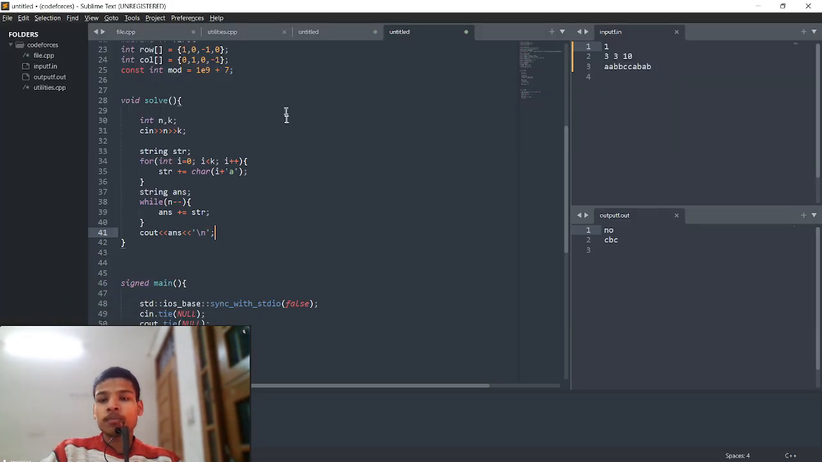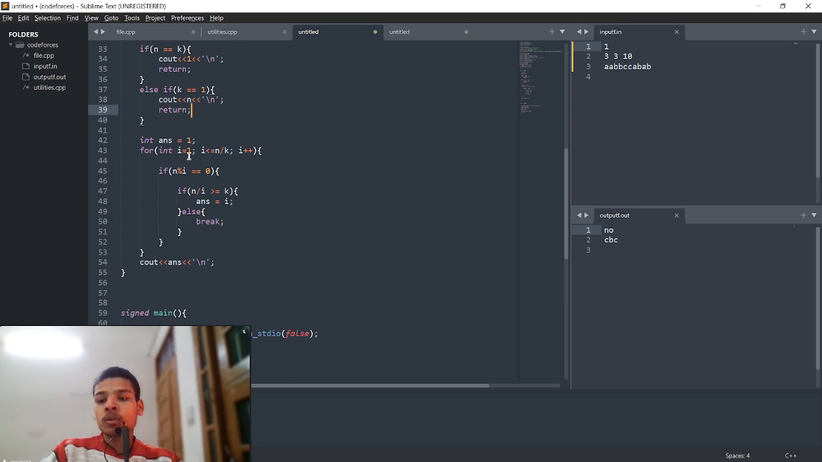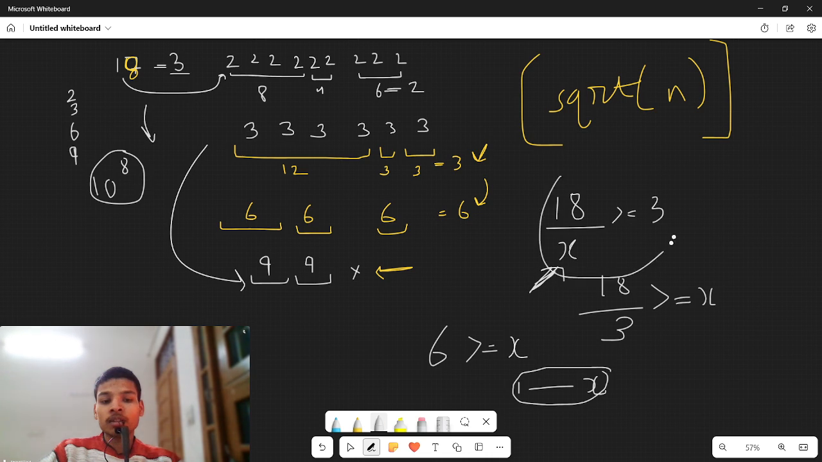So if I show its code, what I am doing simply, these are basic conditions. If my n and k are equal, then my answer is 1, or if my number of parts is equal to 1 only, then I will simply print that number only. Now I simply brute force from 1 till n minus k. You can see n minus k, because